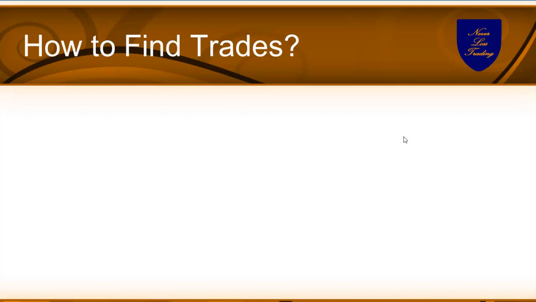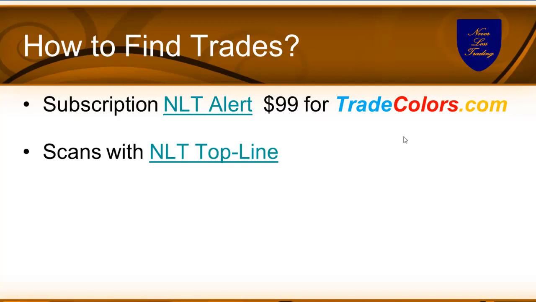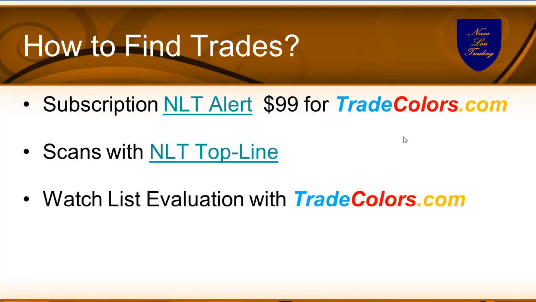So key question now, how to find those trades? And we're making life easier for you, because you have 3 ways of doing that. We have a subscription service where you can get those emailed the night before, basically into your account, and so then you act the next day on what's hot. Or you can have the scanners, which come with NLT Top-Line. Or what you also can do from now on, because we just added that as an additional feature to TradeColors.com,